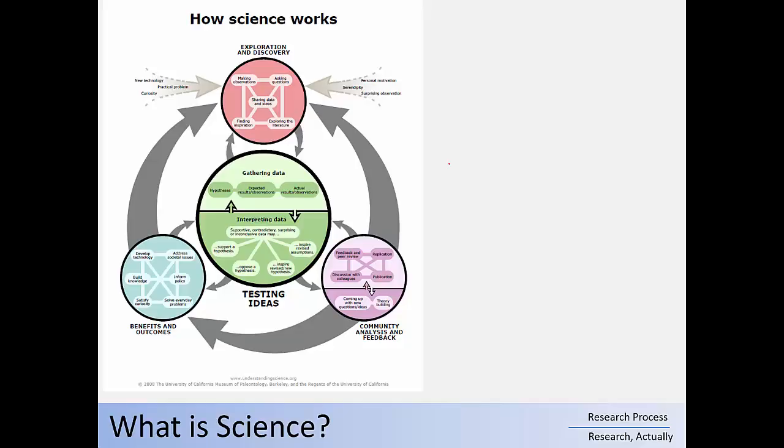This is from UC Berkeley. They actually got a National Science Foundation grant to design this graphic, which shows that how science works is very circular instead of linear. So there's a lot of interrelationships between the different steps of science. What I want to step you through is that when you work with a research mentor, they mainly have you focus on one aspect, or one of the bubbles here, for a very short-term project.